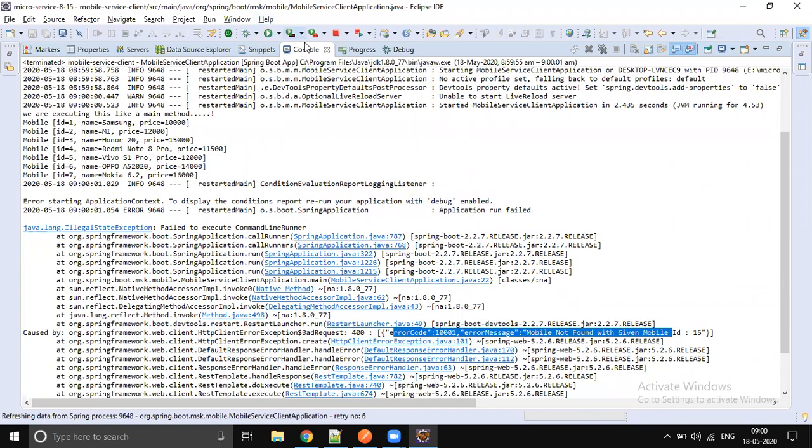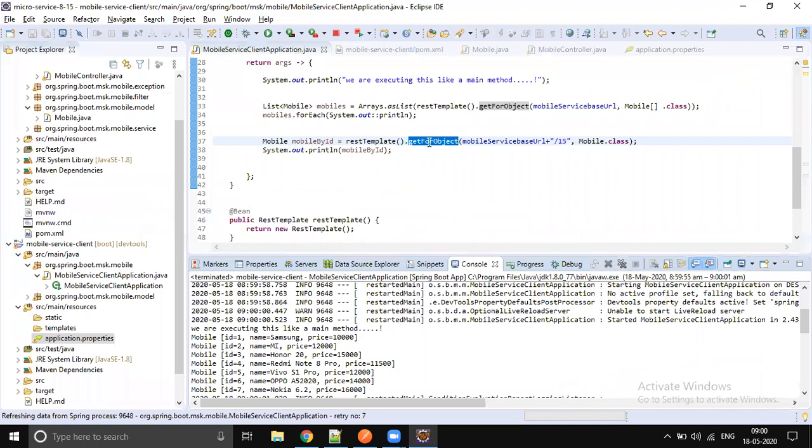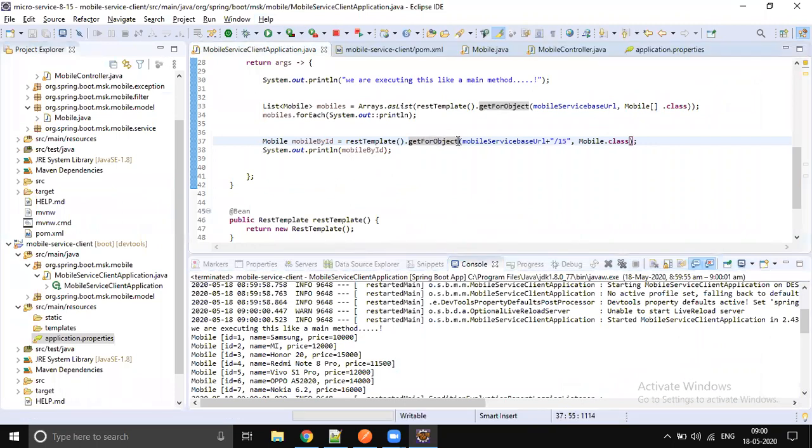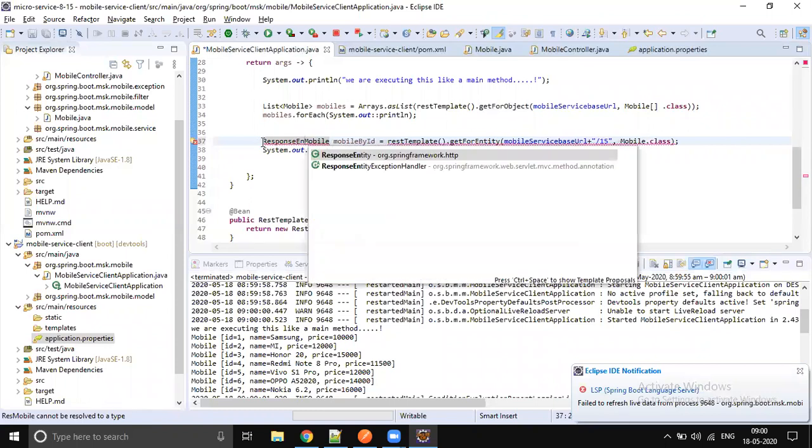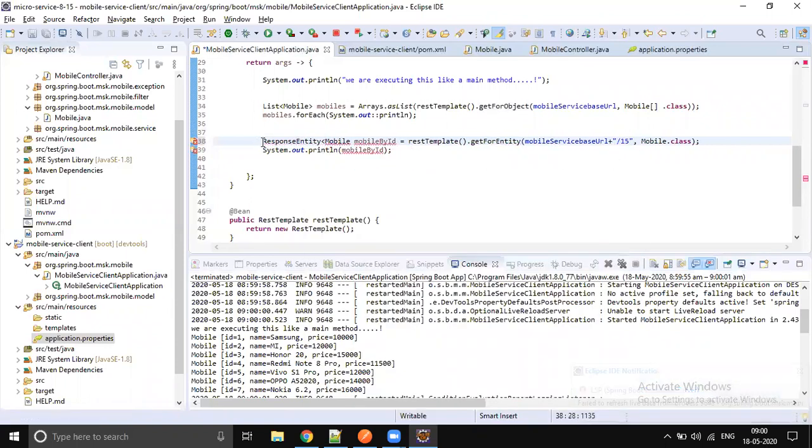So how you have to do it, you have to call getForEntity. It's the proper way, like this. ResponseEntity of type Mobile. Here you can check what status you got.